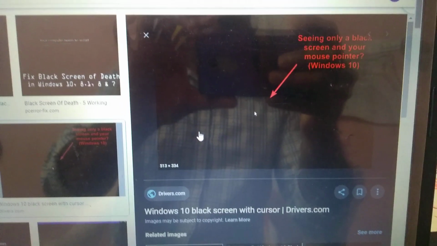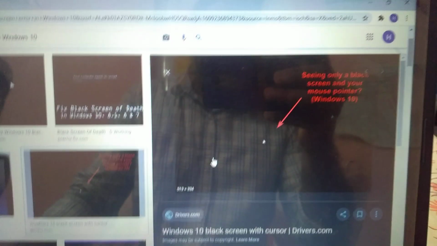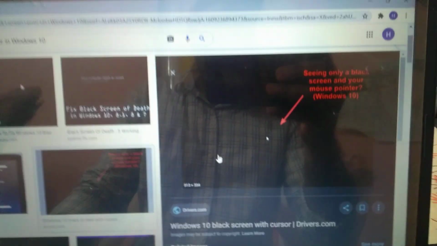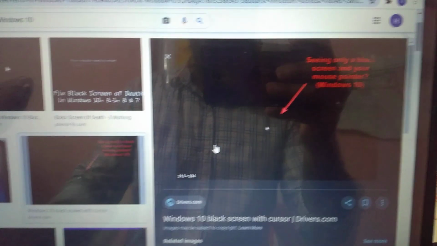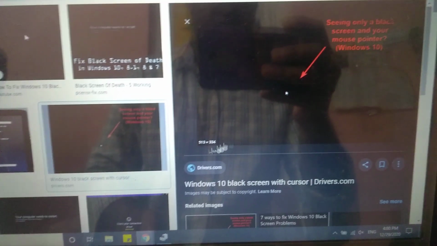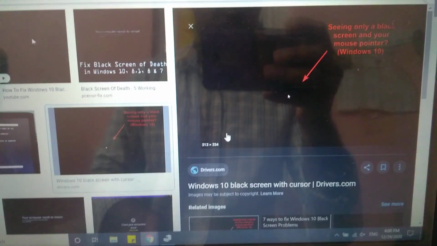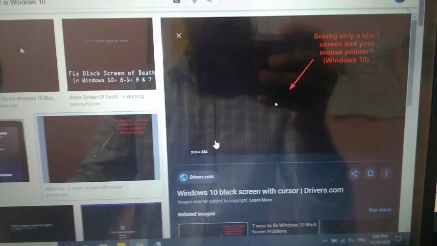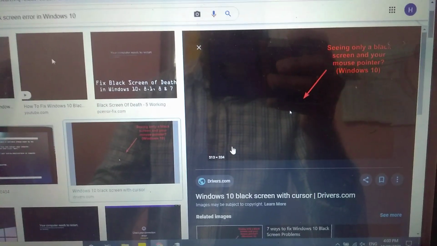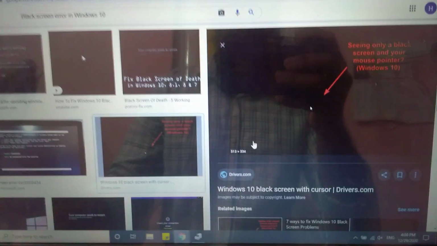Let's quickly jump in. Guys, so on my personal laptop, when I installed this antivirus, of course for security reasons, to keep up to date, suddenly I came across this black screen, with only a pointer, there is no taskbar or anything in the footer. I can't even open the task manager option. So I thought, okay, something is wrong, and I messed up my laptop due to this antivirus or something else. So I thought of resolving this issue.